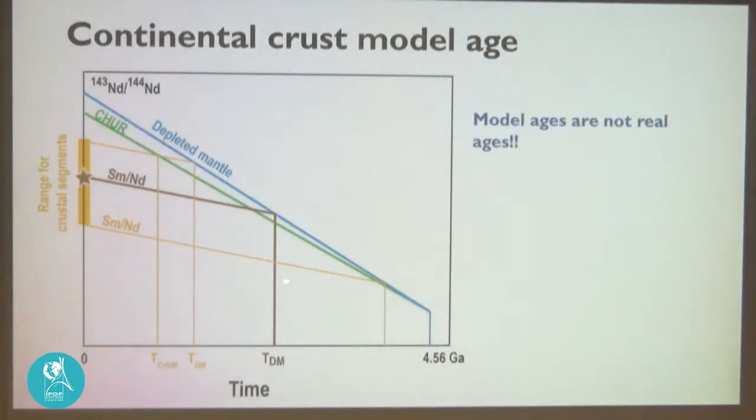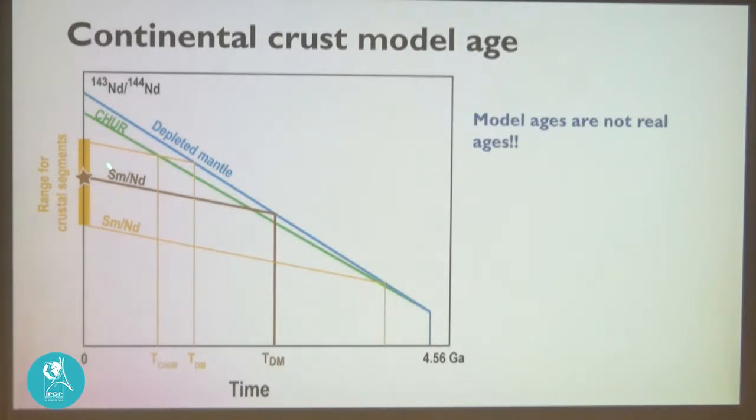So how do we calculate? What we do in geochemistry is we calculate model ages. Model ages, and I put this little sketch figure to show how it's done. Here the time is the other way around. The beginning of Earth history here, present day today. And it shows how we use isotopic composition here, 143 neodymium over 144, evolution through time. The chondritic reservoir, the primitive mantle, is shown with this green line, and an evolution of the depleted mantle is shown with the blue line here.